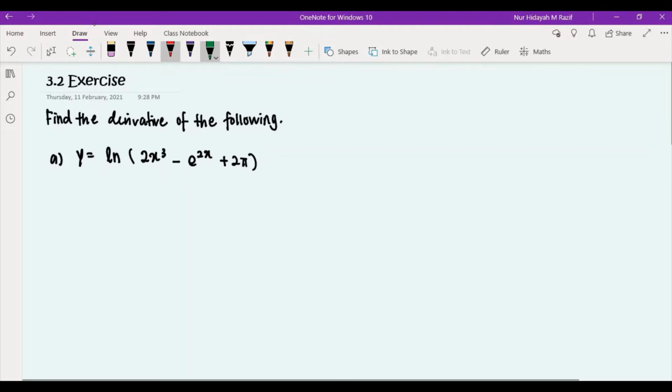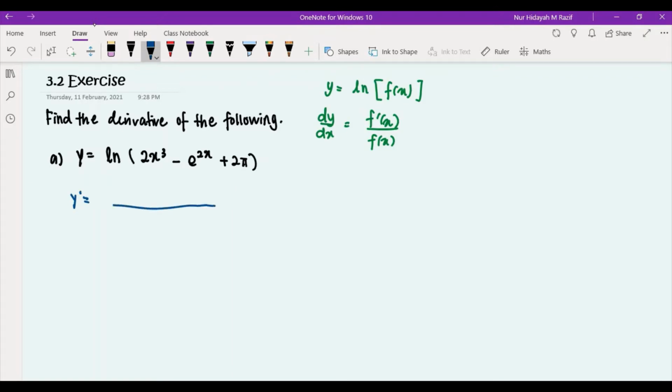And if you recall the concept, when you are given y is equal to ln of f of x, then the derivative will be dy/dx is equal to f prime of x divided by f of x. So this is the concept that we are going to use, and hence we will have y prime, which is the first derivative, is equal to a fraction, and whatever there is my f of x, just copy that, 2x cubed minus e power of 2x plus 2 pi, and differentiating that function will give me 6x squared minus